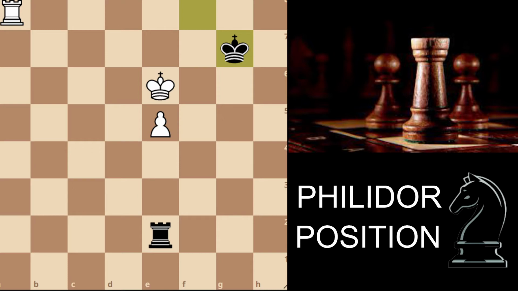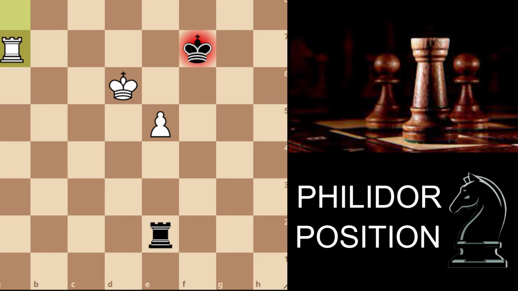And now if white gives a check, this is simply meaningless. We simply go back and white has to repeat. And if king to d6, now we have this move king to f7. And now we are stopping the advance of the pawn and there is no progress to be made. Another idea that white can try, for example here,